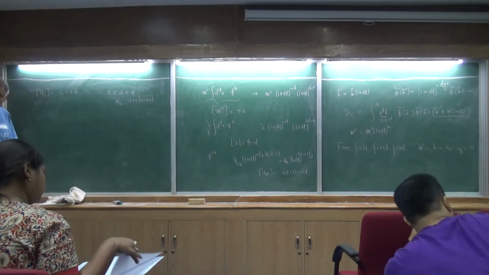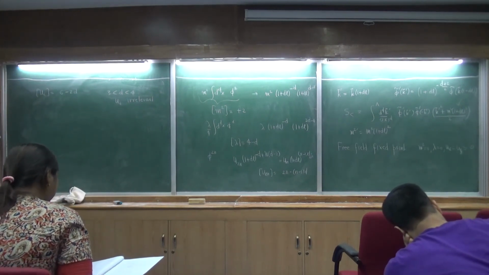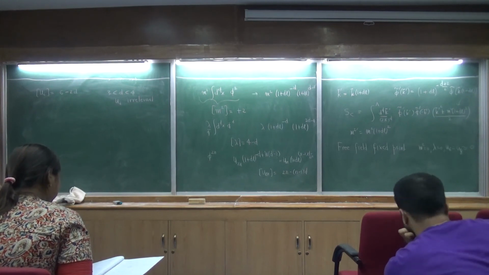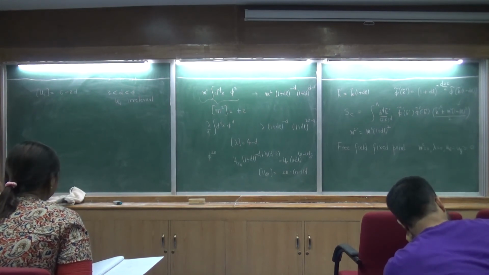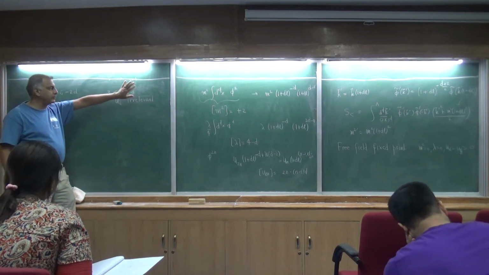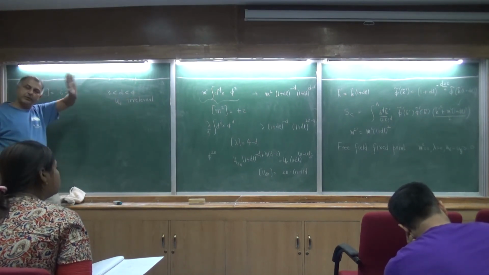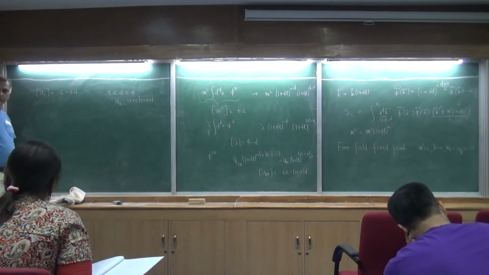You agree with that? So that is the Wilsonian trick. Why less than 4? Well, the upper limit is not infinite. But we are going to stay below 4 because above 4 mean field theory is correct. Right? So in this